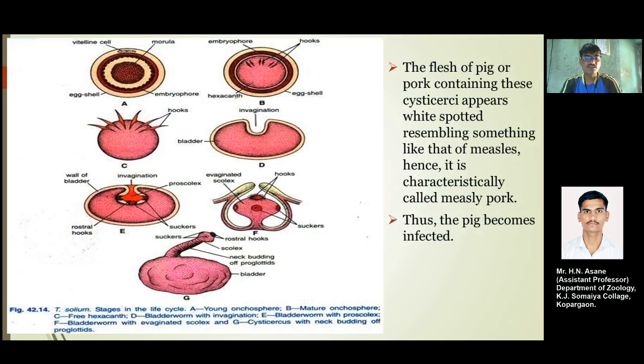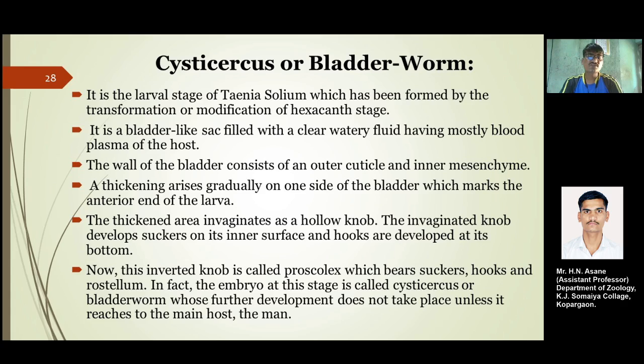As you can see, the rostral hooks, you can see the scolex, you can see these well developed suckers, you can see the bladder, and the neck budding off to the proglottids. We are going to explain what this bladder worm is. So the cysticercus or the bladder worm is the larval stage of the Taenia solium, which has